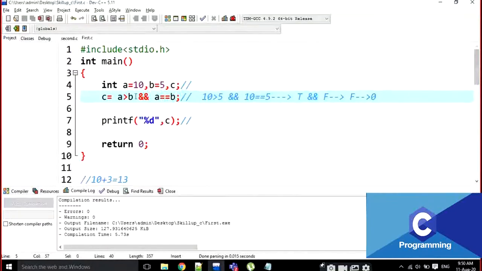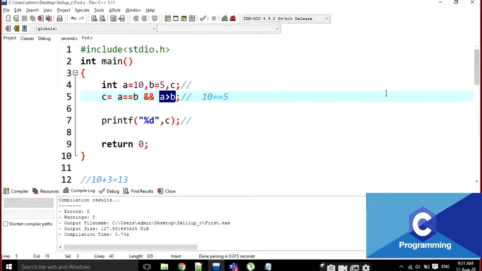Now I am going to change this one like this, and I am going to write this. The output is 0, no doubt about that, right? Is A equal to B? That means is 10 equal to 5? The output is 0. Just let me explain how it is evaluating. Is 10 equal to 5? No. False. Then the control never reaches this one.